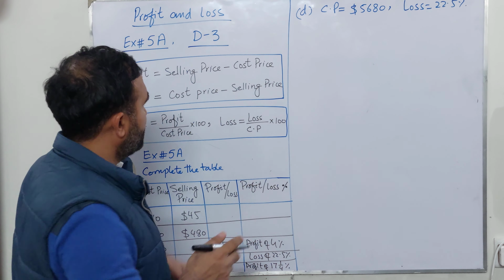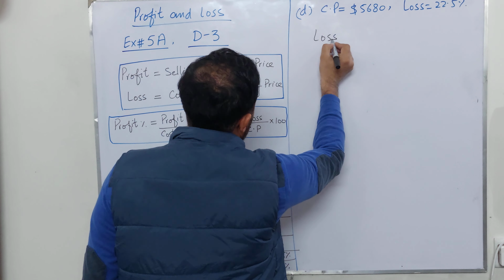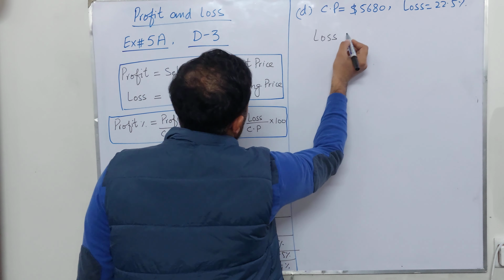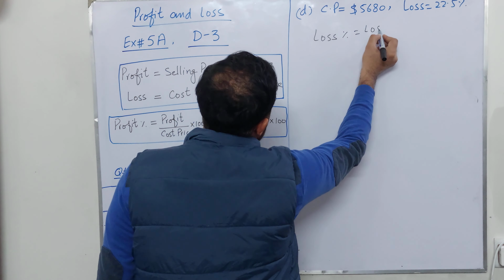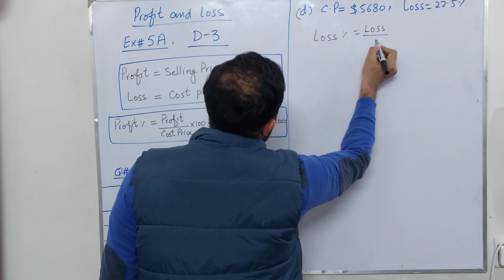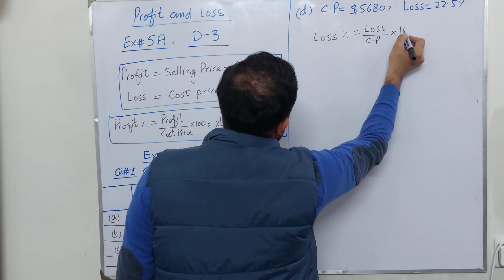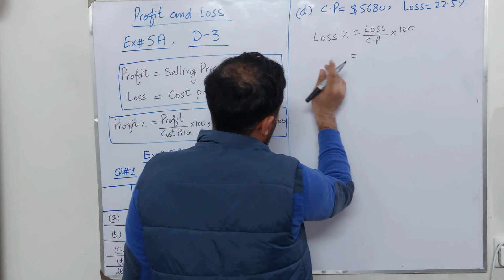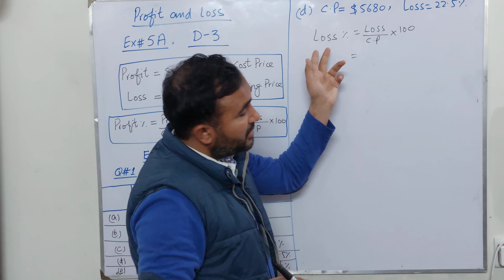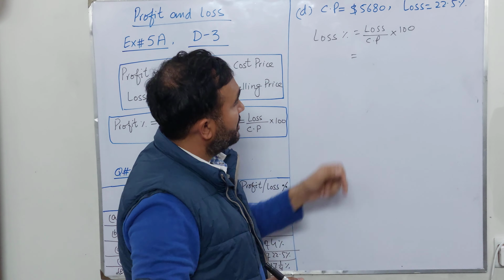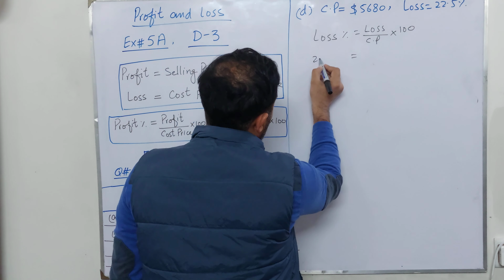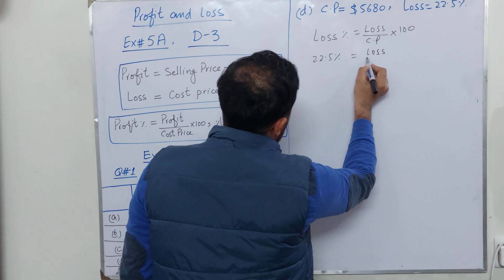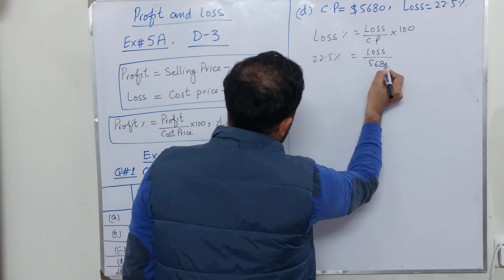So this formula we are going to use. We know that loss percentage is equal to loss divided by cost price multiply 100. Okay, so we have loss percentage, so we will replace this value with loss percentage. Don't put the value over here, otherwise the question will not be correct. So it will be 22.5%, and loss we are going to find, divided by the cost price, which is 5,680,